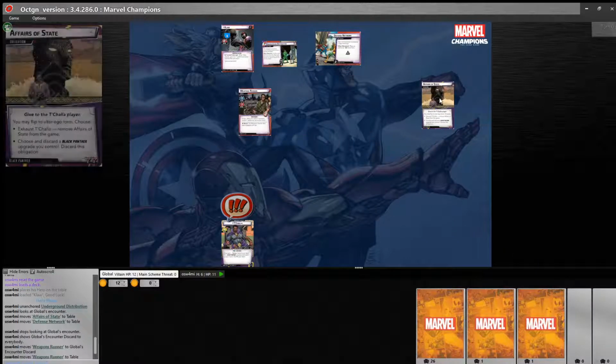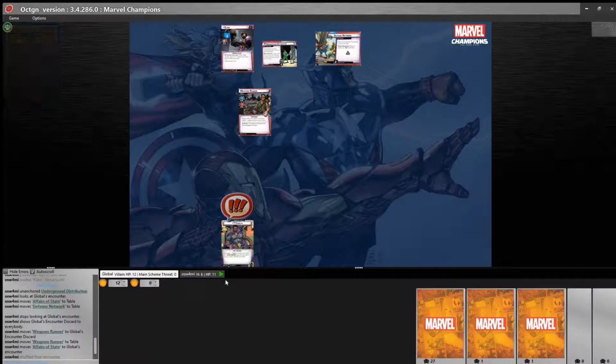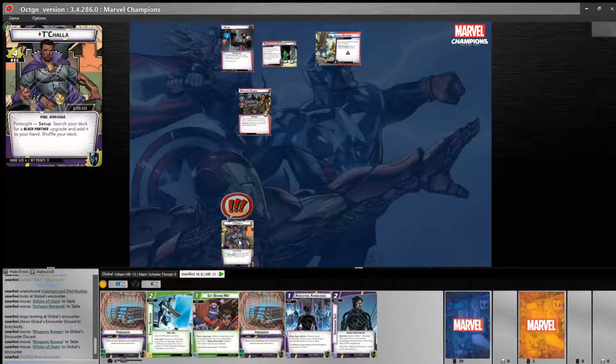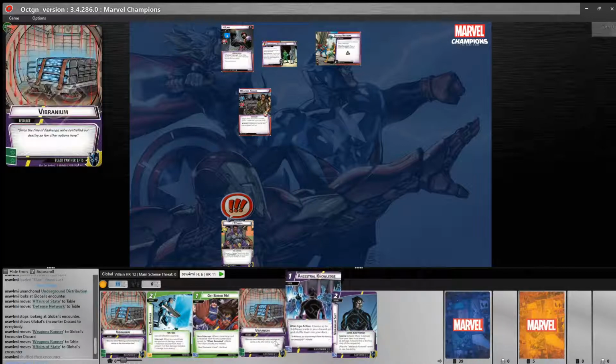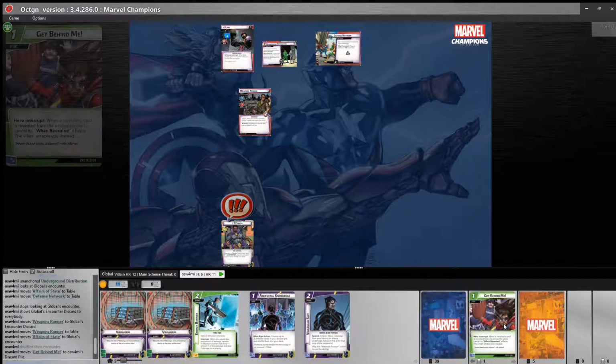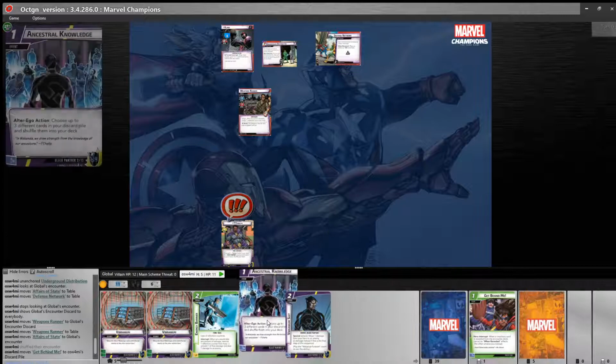First card is a weapons runner. We'll shuffle in our obligation now and take a look at our starting hand. We're going to take our mulligan and then activate our setup ability as the last piece of the setup step. We have 2 Vibranium, which is fantastic. We have a Get Behind Me, which we will discard. We have an Ancestral Knowledge, which we will